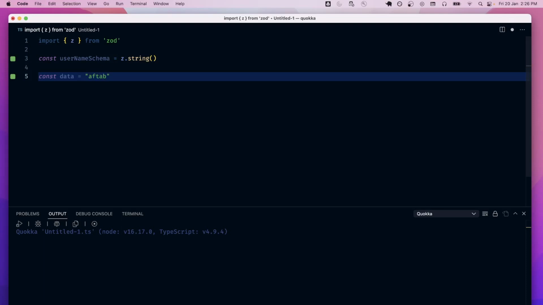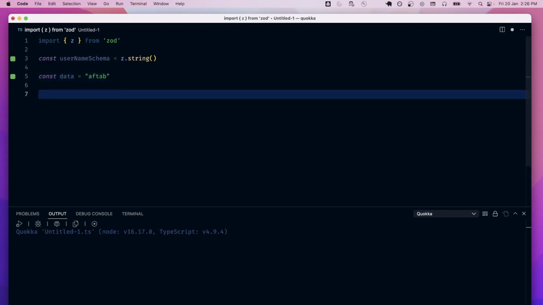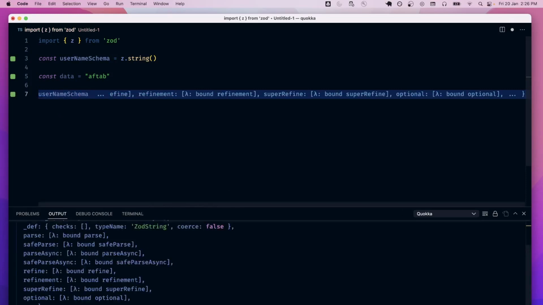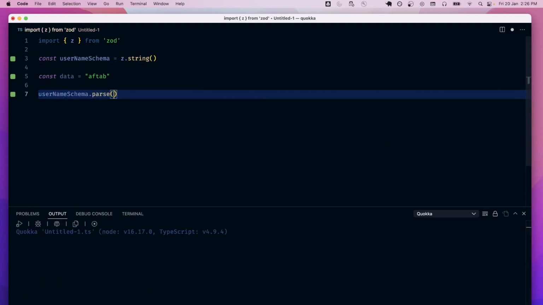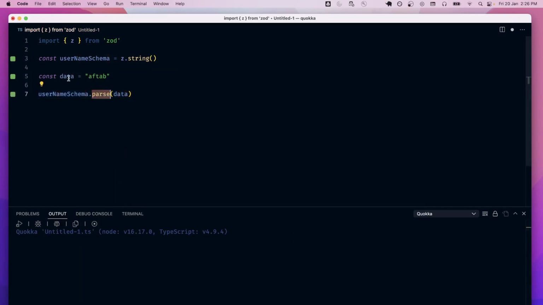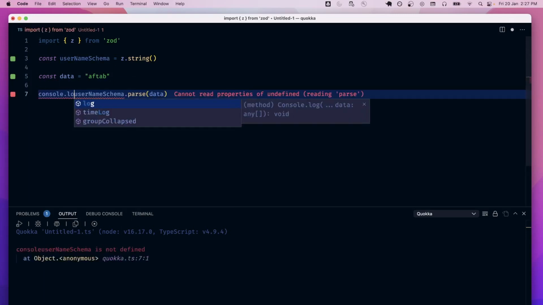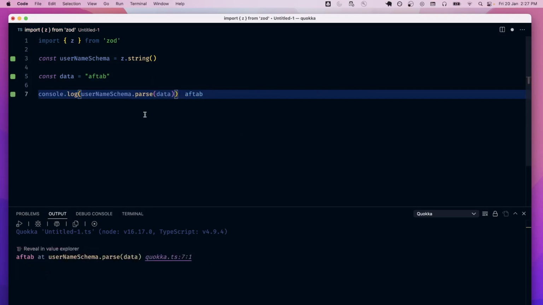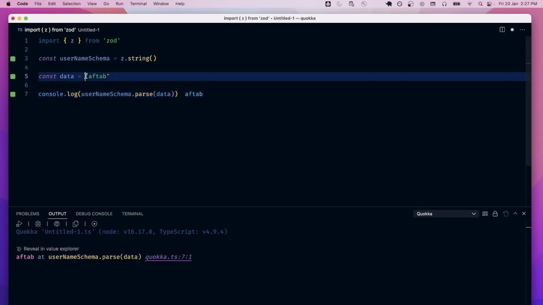Then you will take that data, and you will use userNameSchema.parse to validate this data, right? First you declare the type of the data, and then you are using the parse. Now let's see what it returns to us. It's all working. What if we pass something else? What if we pass something like